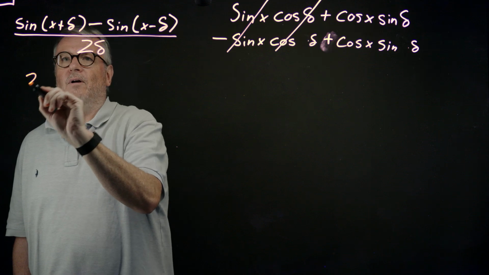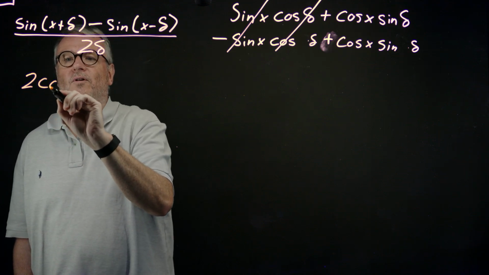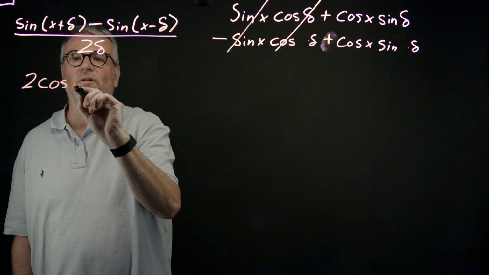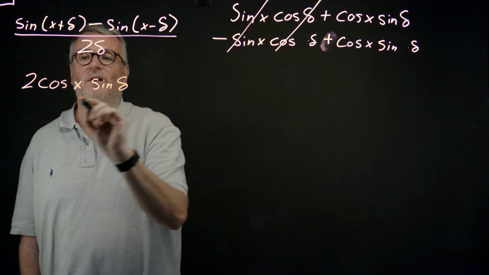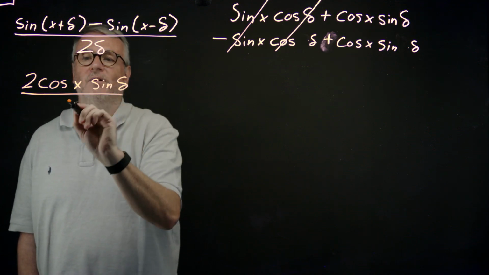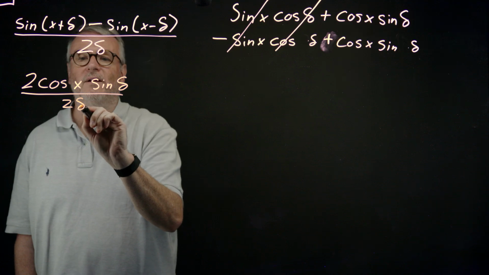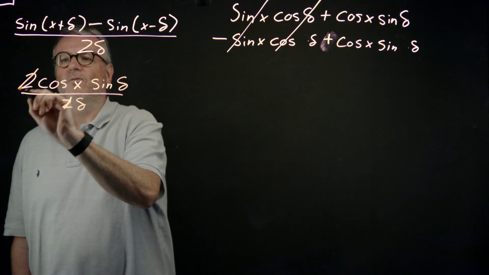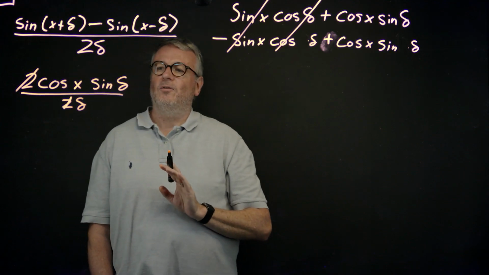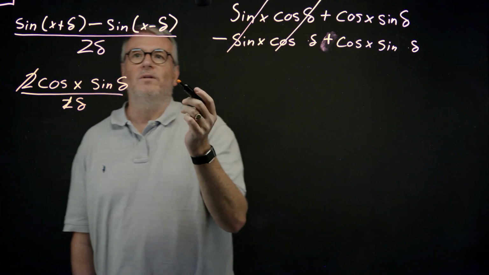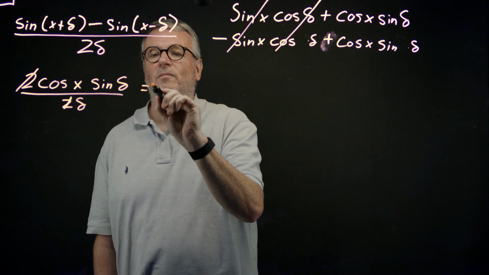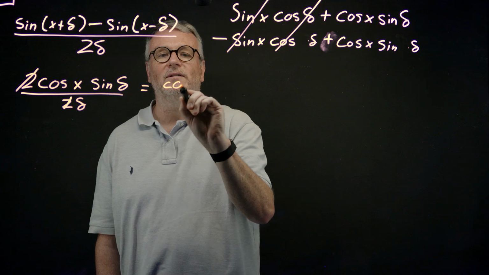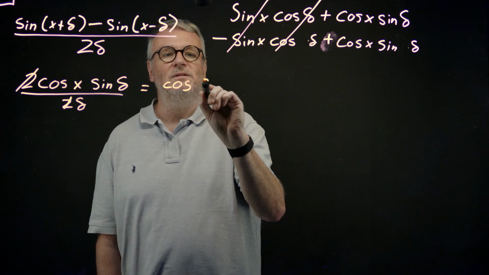So I've got 2 times the cosine of x times the sine of delta, divided by 2 delta. But of course the 2s also cancel. So I end up with something that looks quite simple. My function now becomes cosine of x times sine delta